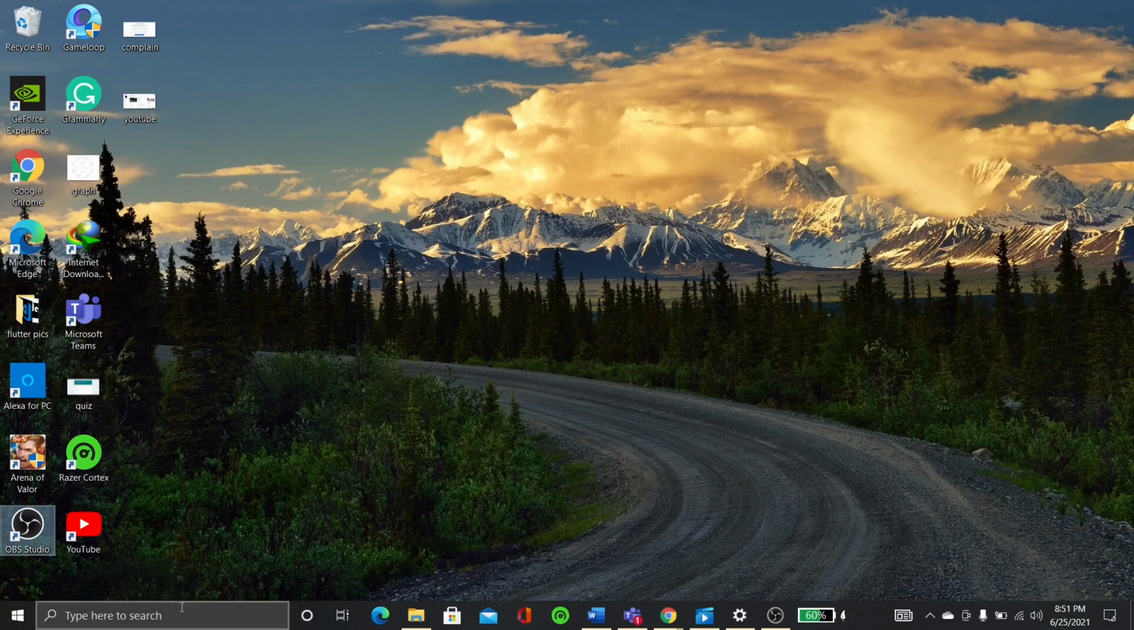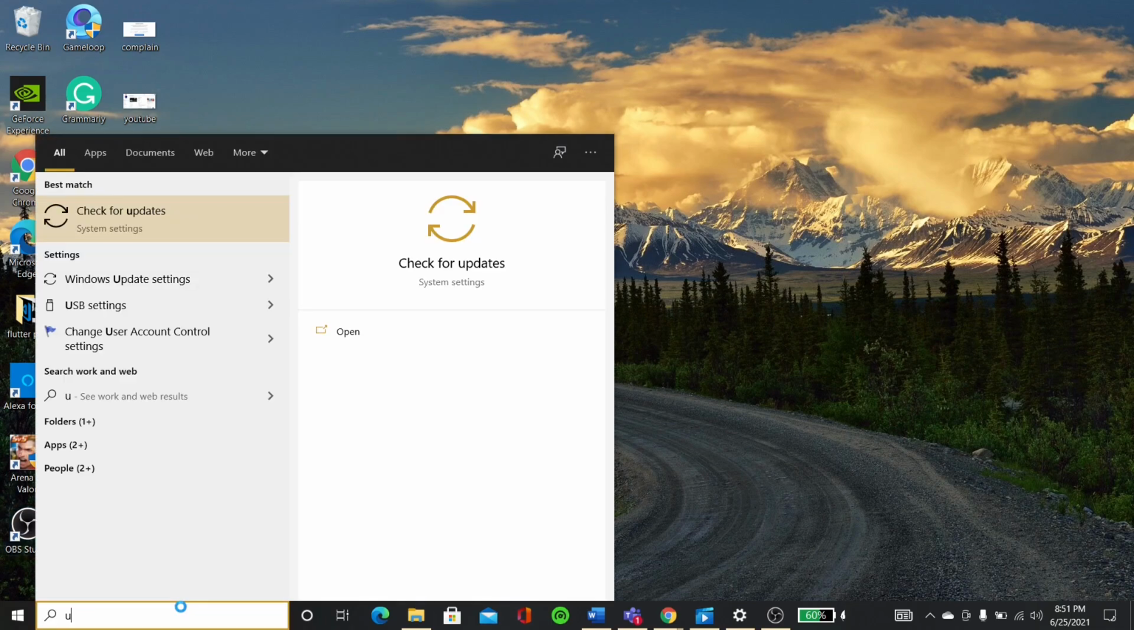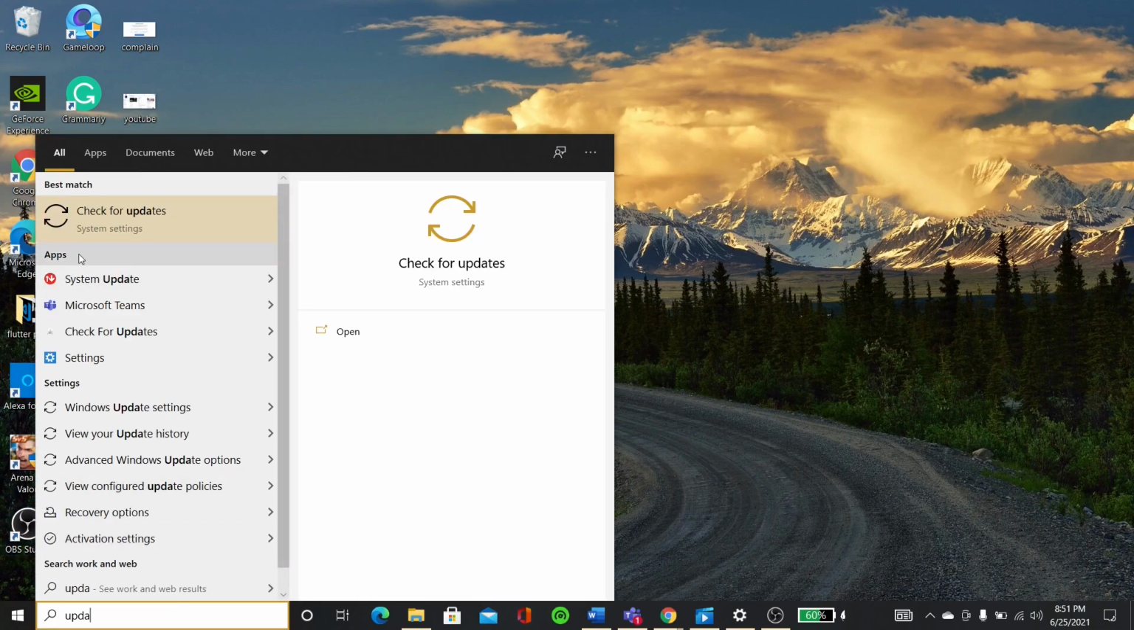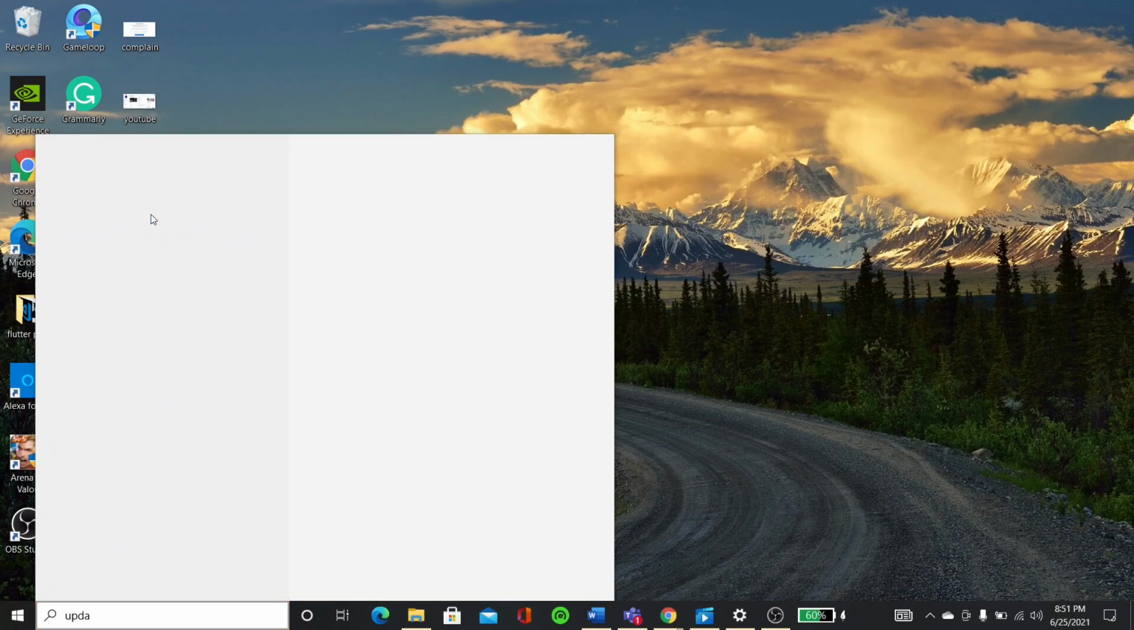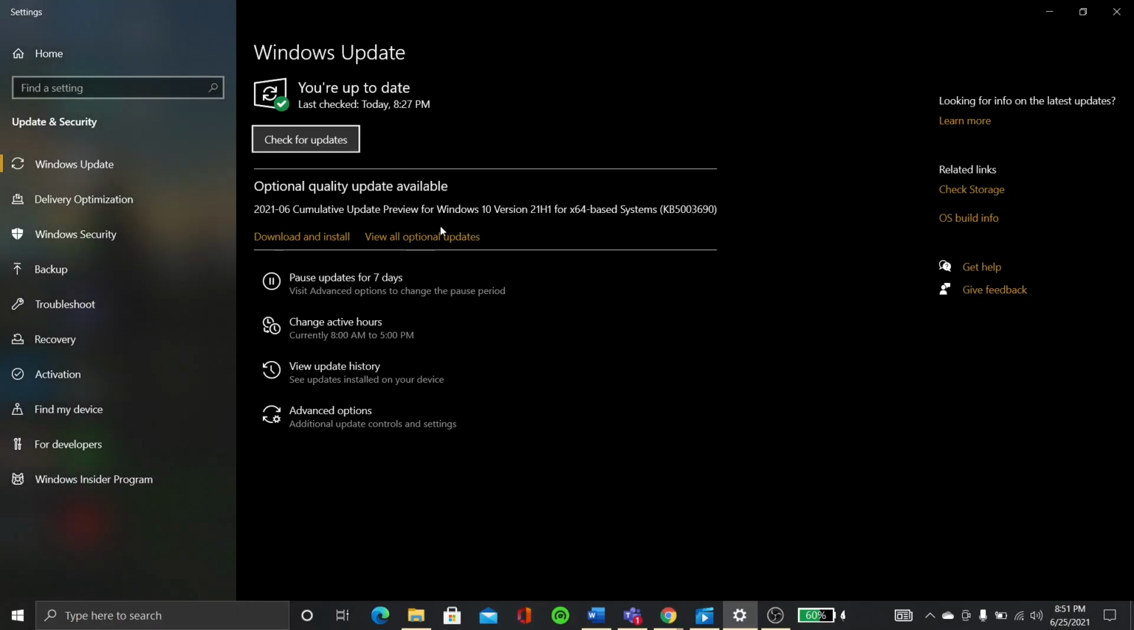You just need to go to the search bar and search for update. Here you can see the option Check for updates. You just need to click on it. Here the Windows settings open. Another thing is, you people know that on 24th of June, Microsoft had a virtual event